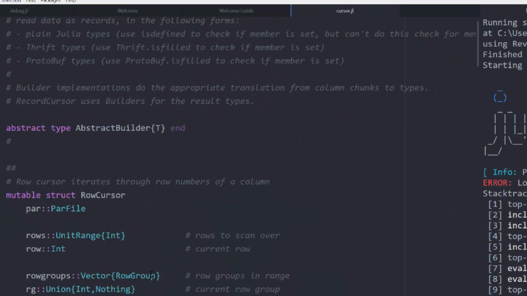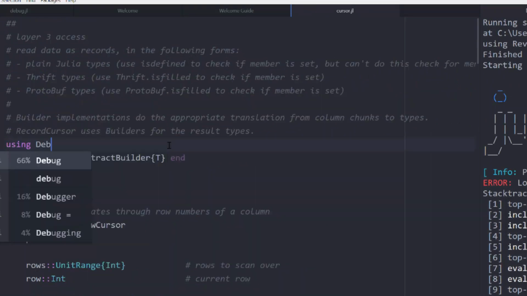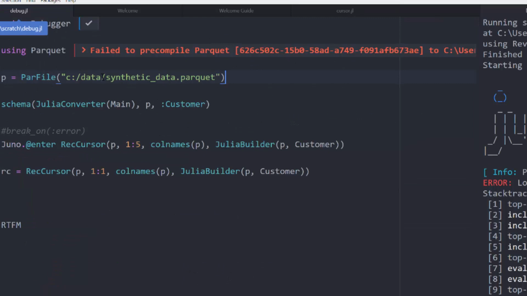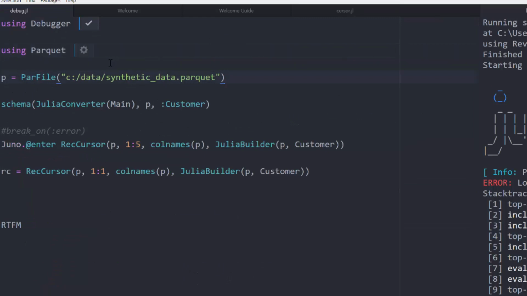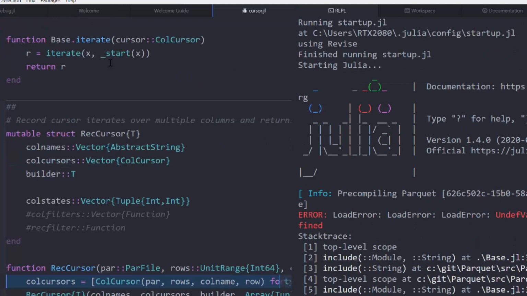So, using Debugger, BP. Okay, so now it's defined. Yeah, I don't care. Okay, so I want you to stop exactly at that point. Okay, and at this point